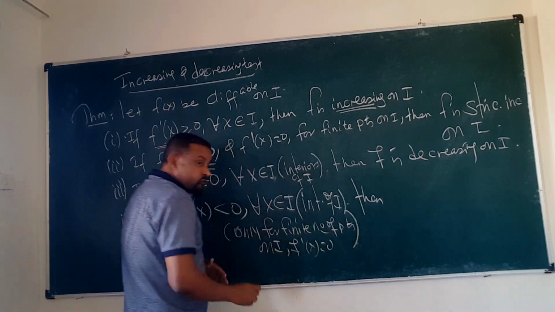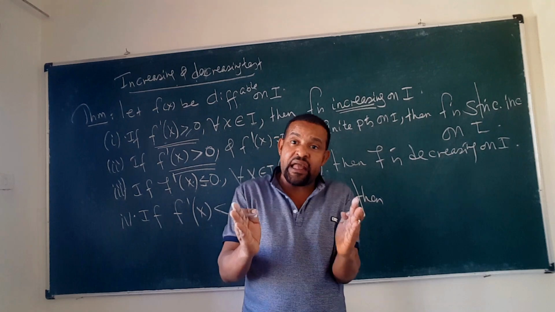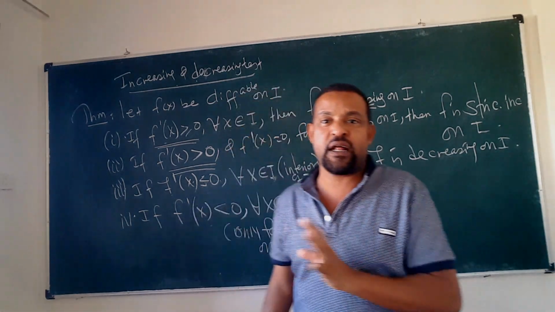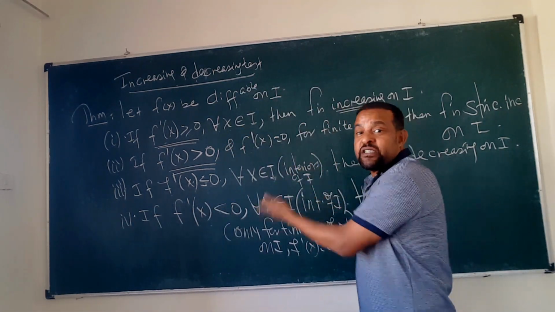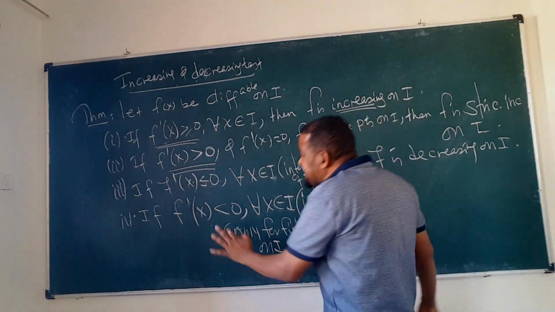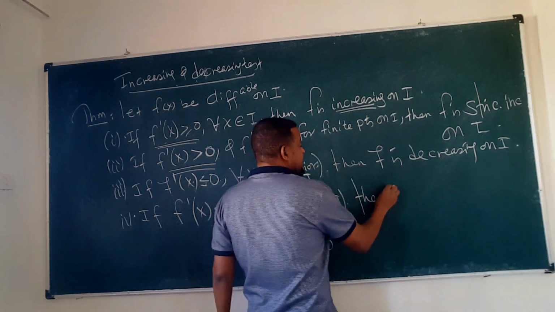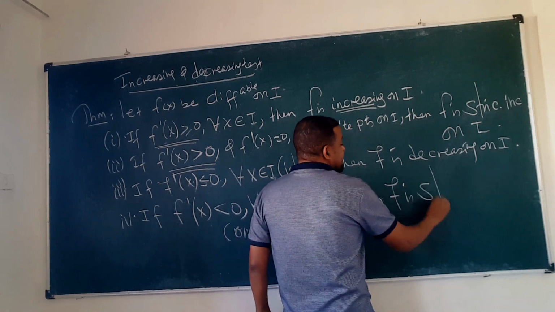For a finite number of points coming from I, taking two, three, four numbers from I gives 0, and otherwise it is strictly less than 0, then f is what? Strictly